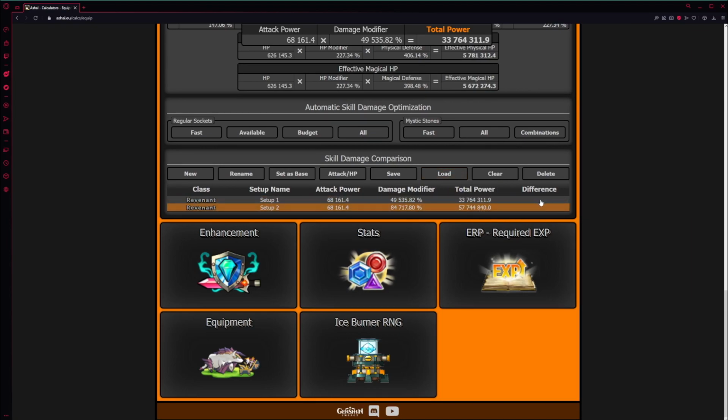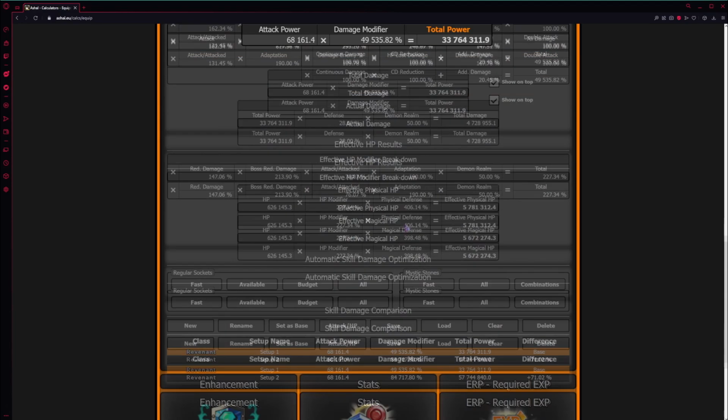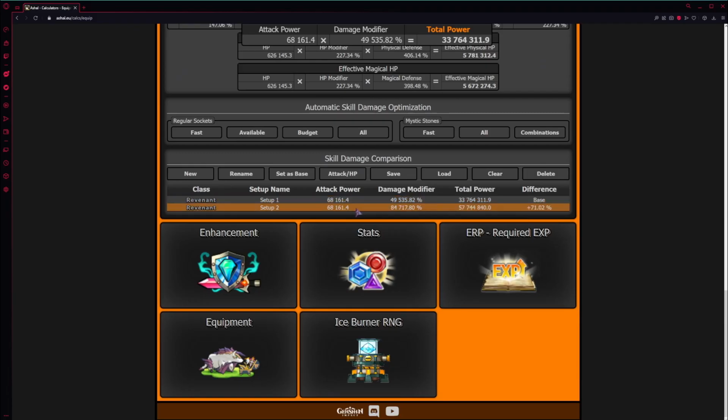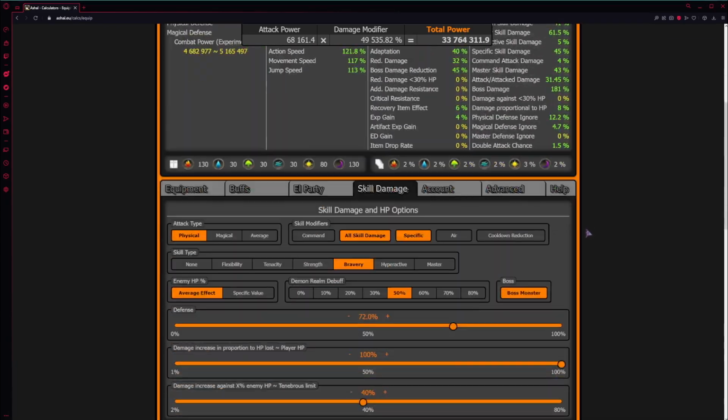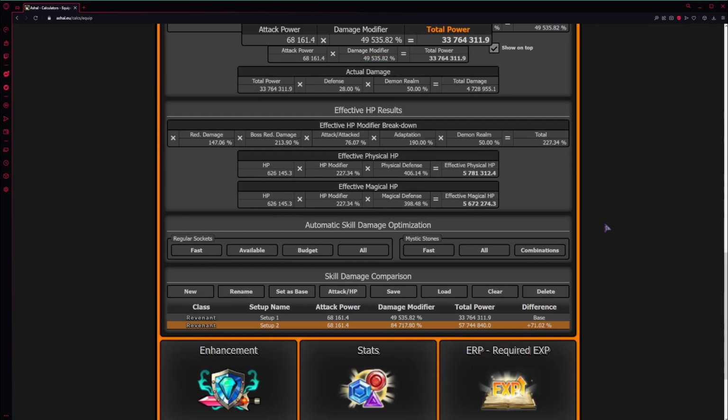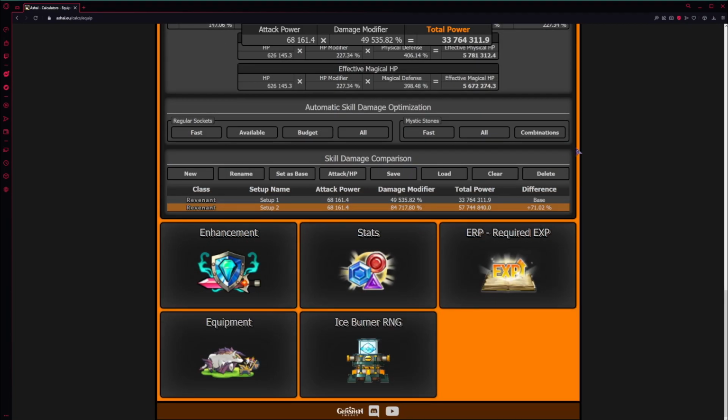And now you can calculate the difference, and it can calculate that for you as well, which we'll say set it as base. So whichever one you set as base will not check. So now you have a 71% damage increase in Verthe with this setup compared to Rosa. And it's really nice, because now you can just look at your skill setups, and let's say I want to check how my FB would be. Like, how much more damage does an FB do than a Revenant in Rosa raid with similar stats? Now you can load up your FB, you can load that same thing, and there you go, now you have it. Okay, this was a lot.